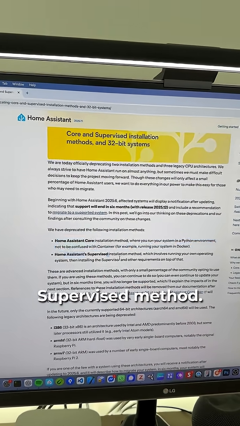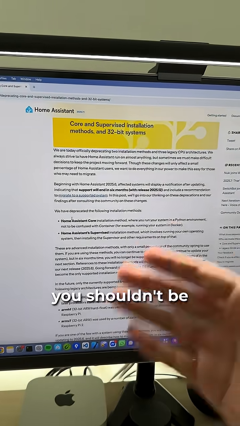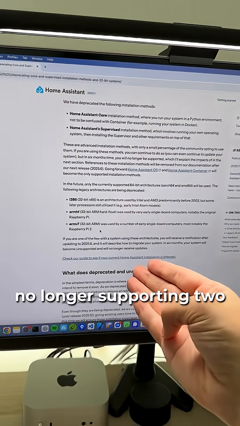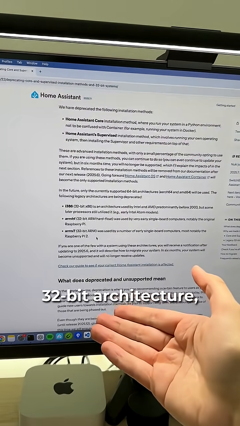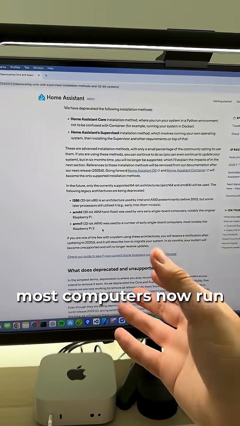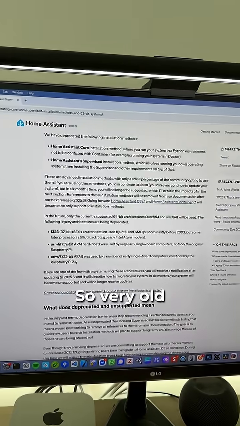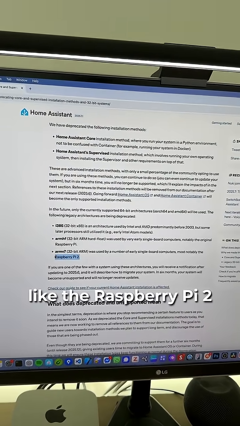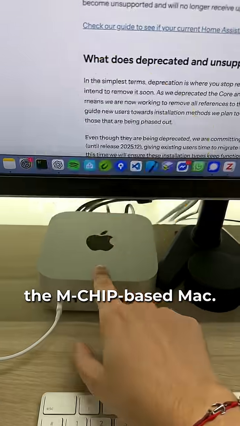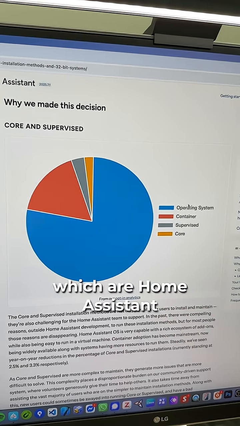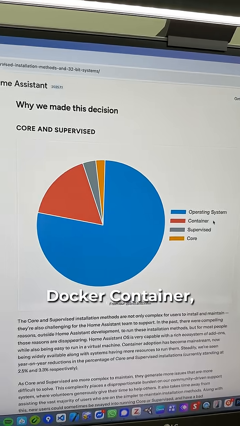Home Assistant Supervised method. If you're a Home Assistant developer, you shouldn't be impacted by this, as those are mainly for power users, and they are no longer supporting two types of architecture. 32-bit architecture, it's okay, most computers now run on 64 bits, and ARM-based devices, so very old Raspberry Pis like the Raspberry Pi 2, and old computers, and the M-chip-based Mac. So the two main installation methods, which are Home Assistant operating system and Home Assistant Docker container, are still going